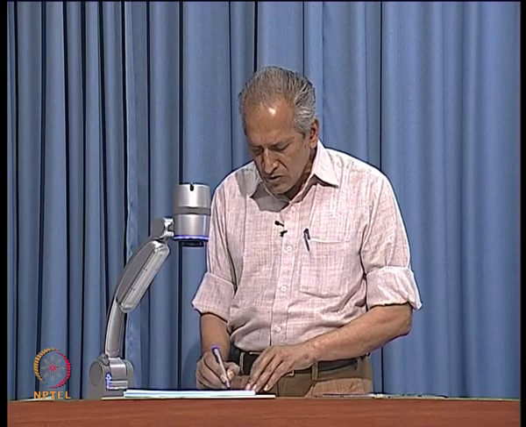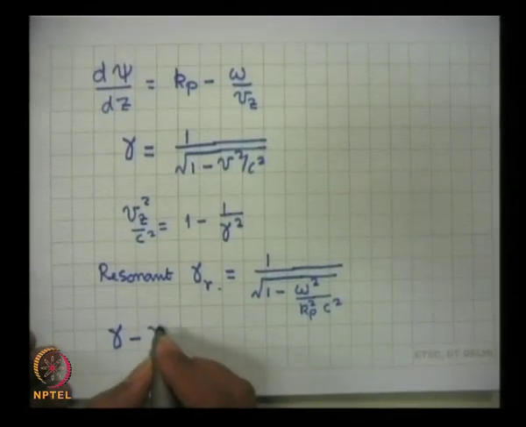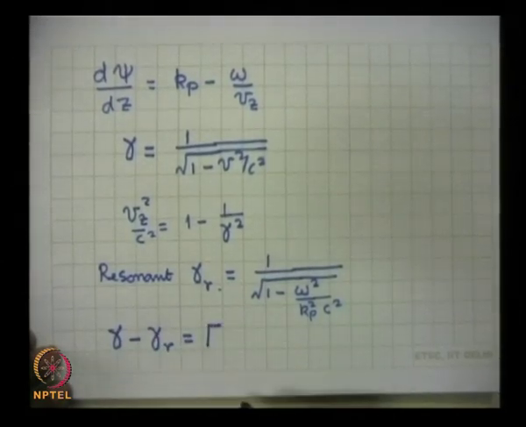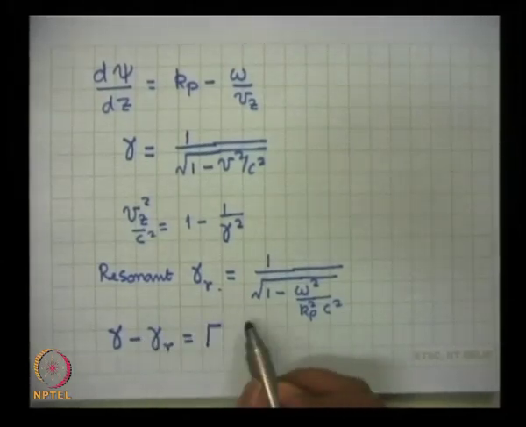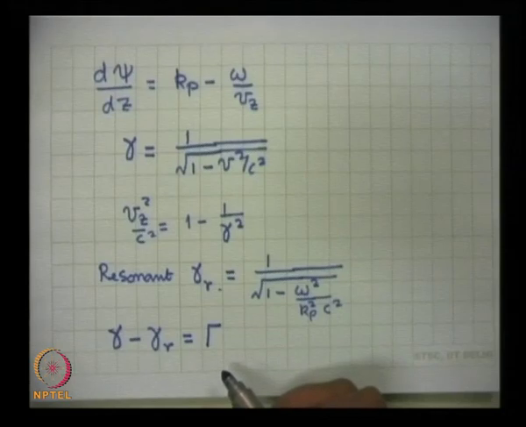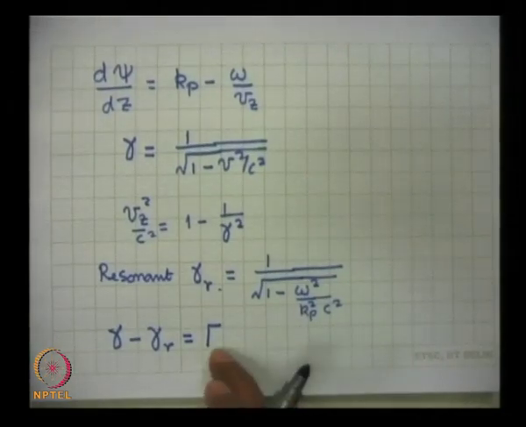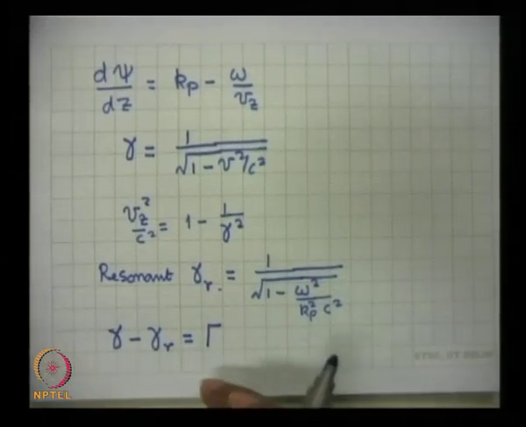So, we will introduce a quantity gamma minus gamma r is equal to some quantity delta. So, we are saying that I can write gamma as gamma r plus some small modification, and this is a quantity of interest. We would like to learn if this gamma has some significant value in the beginning. As the electron moves in the system, then this gamma should decrease, and how much is the reduction, that we